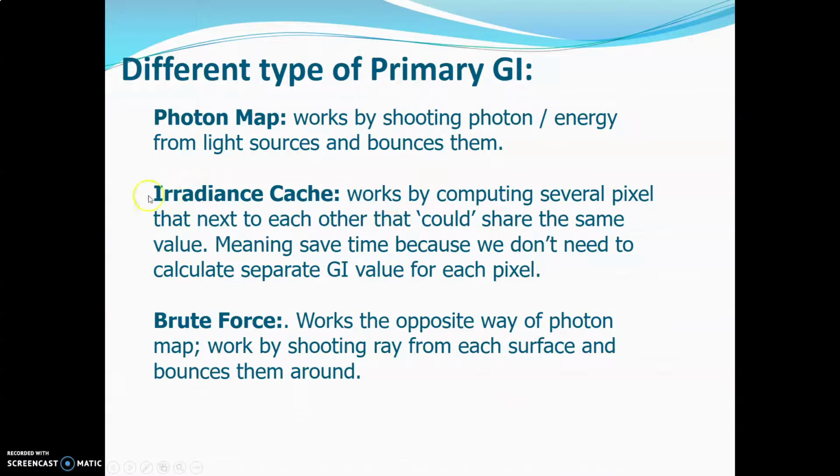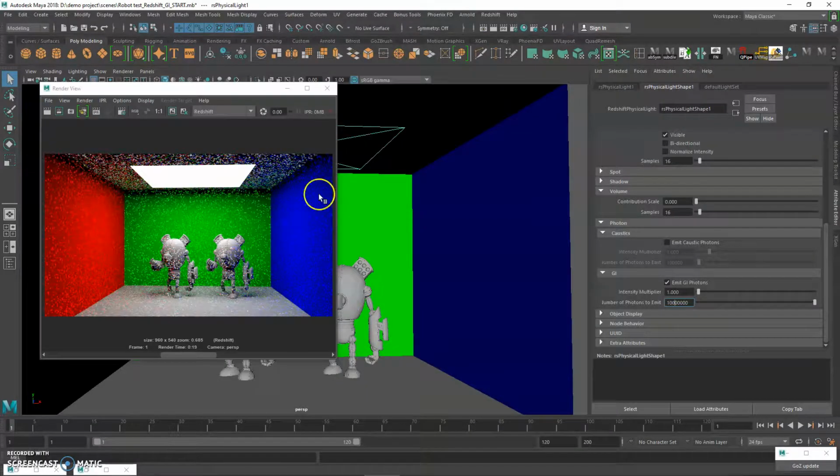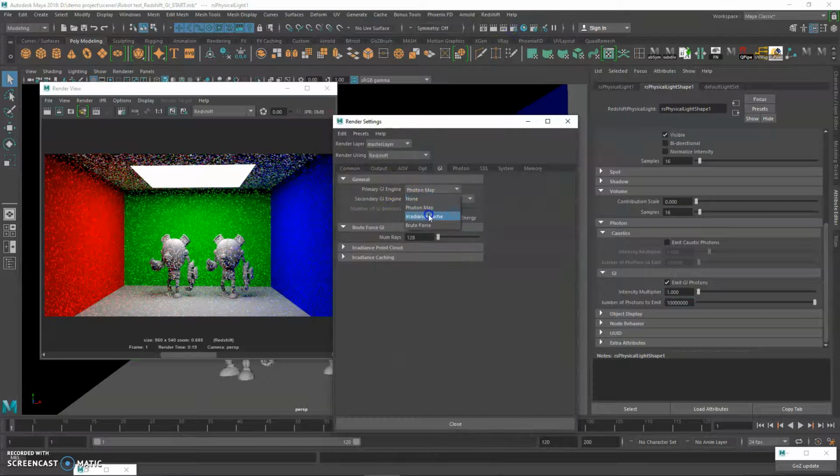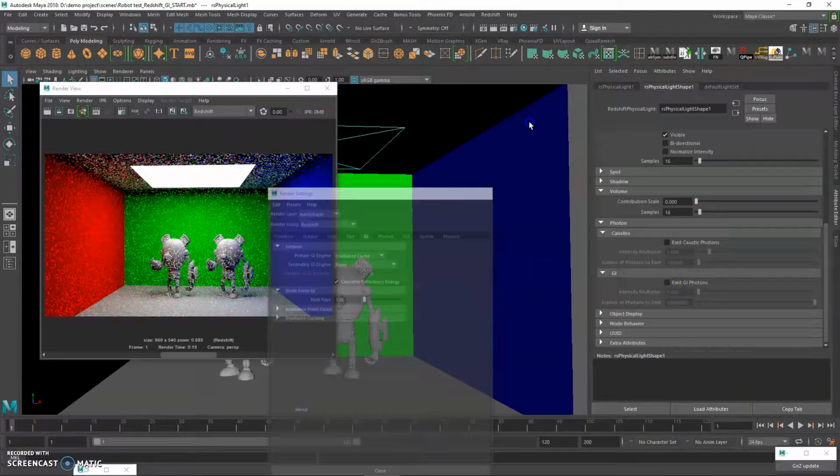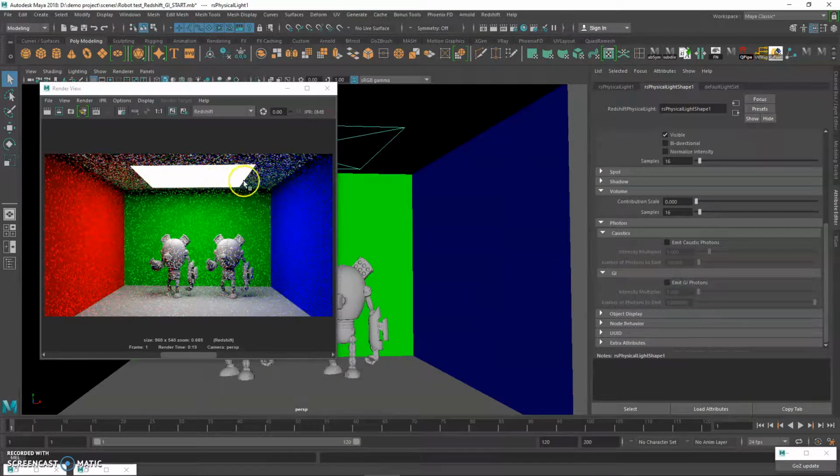Moving on, we have the irradiance cage. You can activate it by choosing this option. There are not many settings for you to adjust. It will shoot out the photons again, but rather than doing it manually, Redshift will calculate its surroundings. It will guess what color its surroundings are supposed to be. It shoots out randomly, calculates its surroundings, and maybe this surrounding too, and it will create